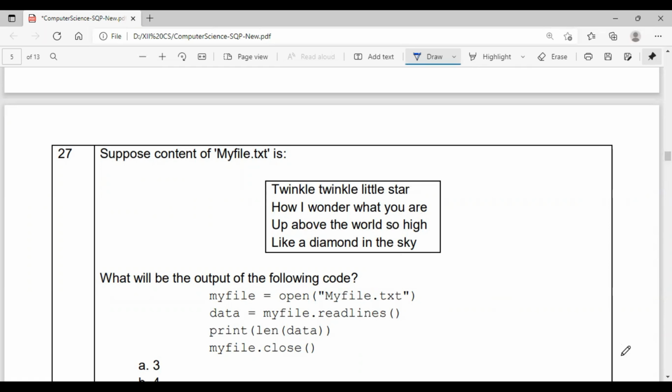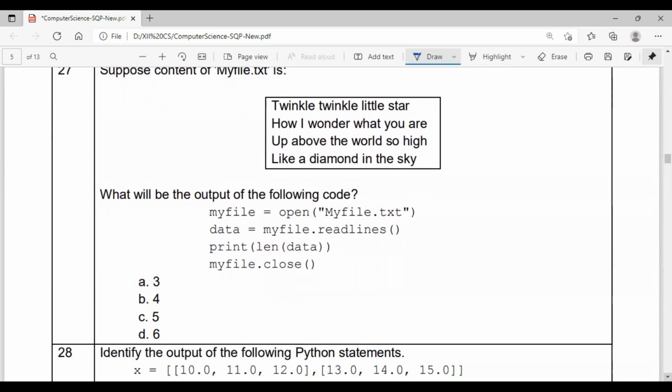What will be the output of the following code? myfile is equal to open myfile.txt, data equal to myfile.readlines, print the length of data, myfile.close. Readlines will read the lines and store them in the variable data. And when we ask for the length of that data, that will return the number of lines.